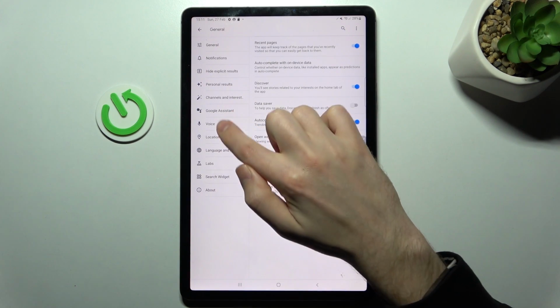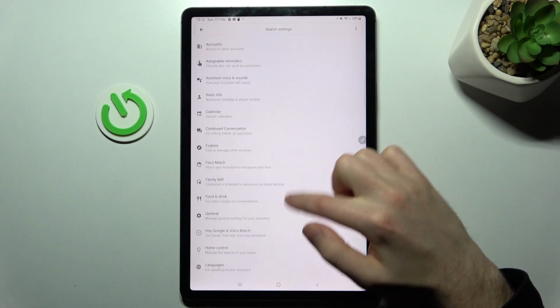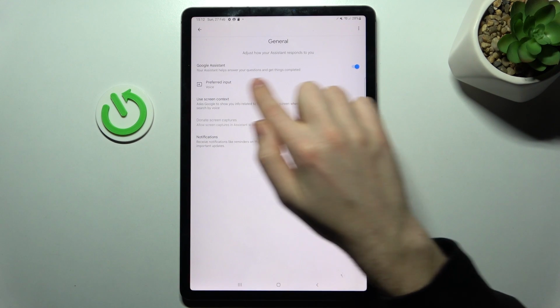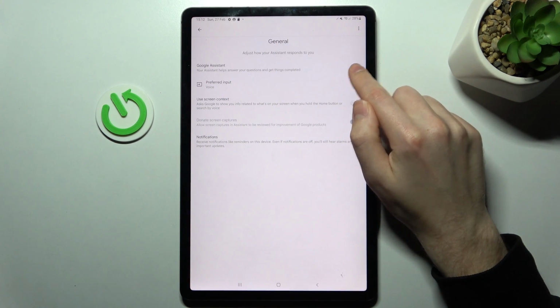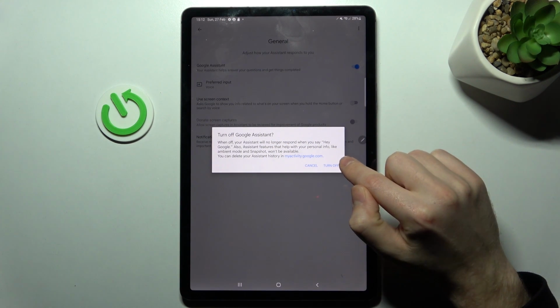Then here you need to go into the Google Assistant option, then scroll down and find the general option, this one. And here you need to click the first switcher to turn off your Google Assistant. Click, confirm the operation, click turn off one more time,